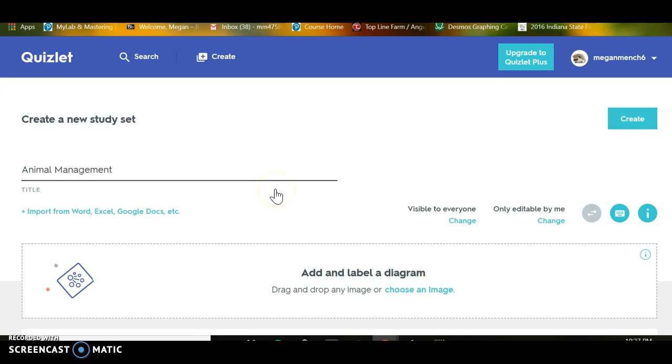So as a student, you can utilize this in that way, but also as a teacher, you can make a Quizlet and go in and see people's scores and different things with the different activities that Quizlet offers. So that's just a little bit about Quizlet. So I hope you enjoy, and I hope you utilize it in your everyday